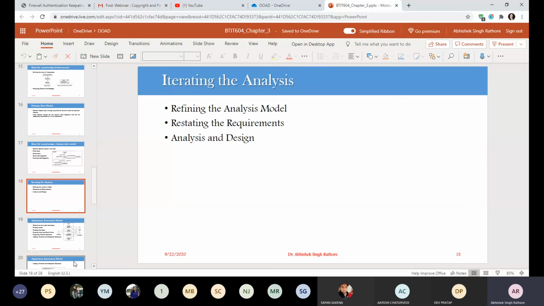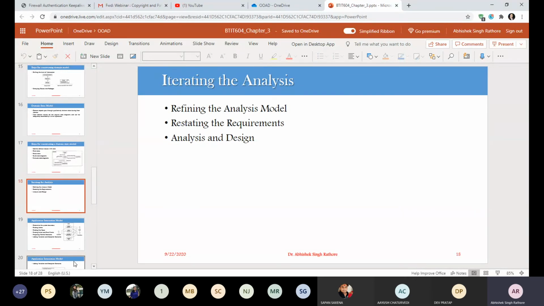Then after refining your analysis model, we have to restate our requirements. When your analysis is complete, your model serves as a basis for your particular requirements, and it defines your scope for future discourse. Most of your real requirements may be part of your model. In addition, you may have some performance constraints. These performance constraints should be stated clearly, with some optimization criteria. You must also verify the final model with your requester, your clients, or the users of your system.